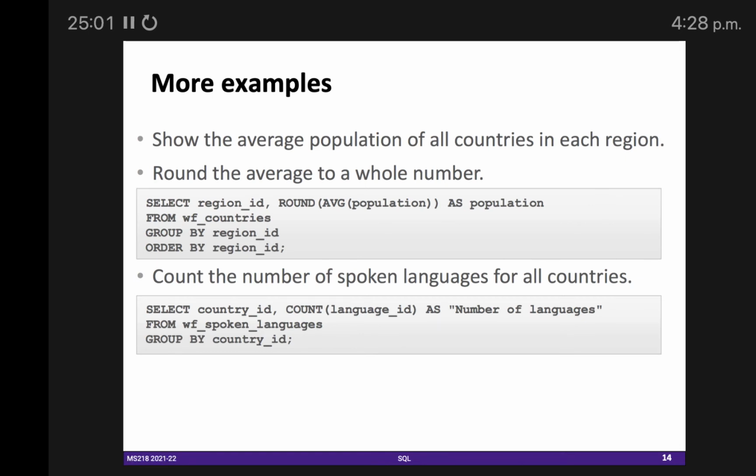It is totally fine if I omit these two words, as population. But what does this keyword as mean in SQL? We saw examples in the class. No?